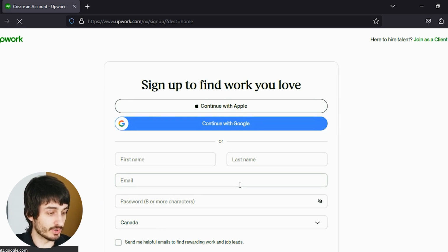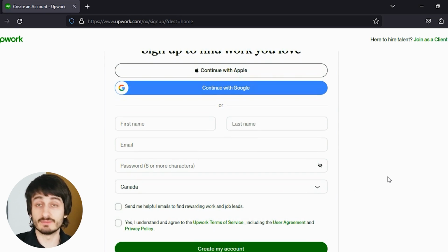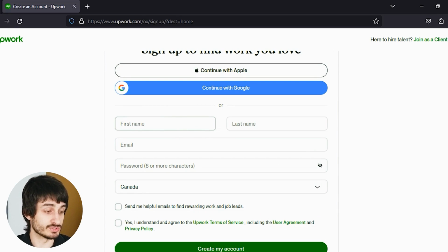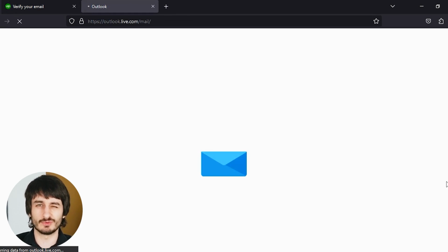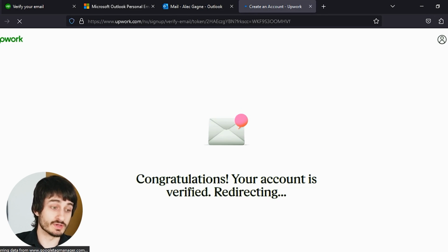That takes you to this page where you can enter your personal information. I'm going to skip this part. You're not going to see my information, but you're going to see it's very simple, like any online profile. At the end, just click the green button once you're done. And it's going to ask you to verify your email address. So just open your email account on whichever email you used to create your profile. Make sure that you click on the link to verify your address in the email they're going to send you. Very simple, like any other online profile. So once you're done, it's going to take you to this page